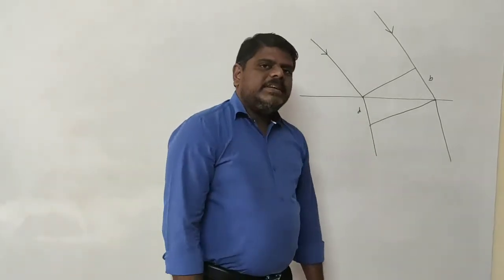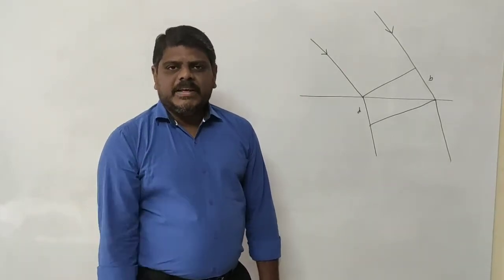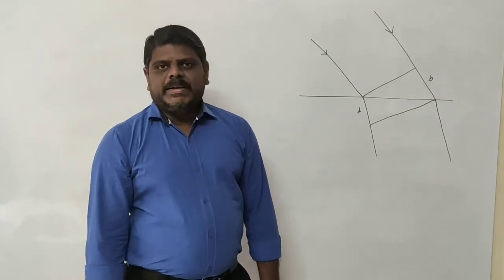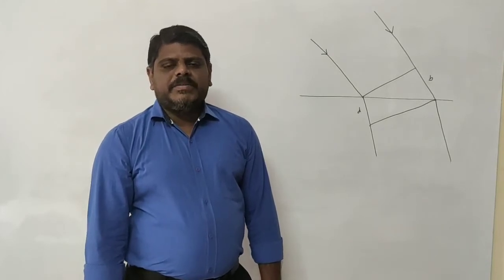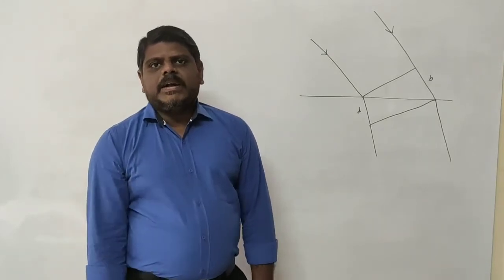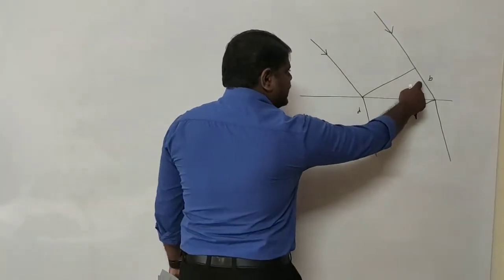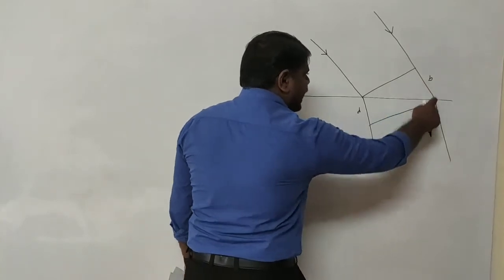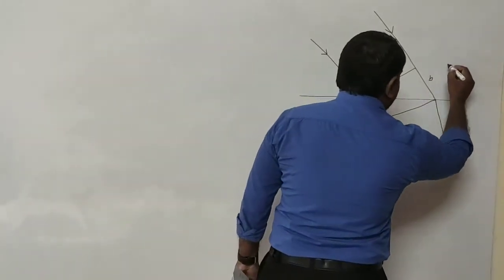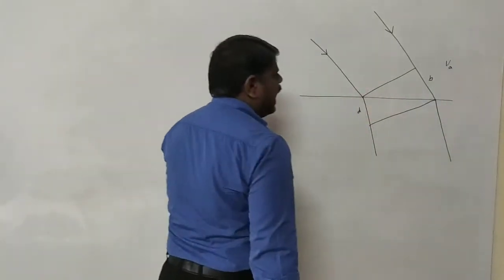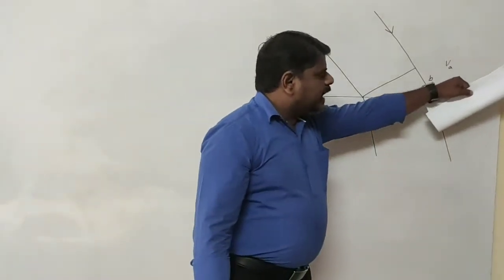We know that distance is equal to velocity into time, because velocity is equal to distance by time. We need to find the velocity, which is distance by time. Time will remain the same. Now listen very carefully. This ray traveled B distance in the air and this traveled D distance in the water. The velocity of light in air will be represented by VA, and the velocity in water by VW.